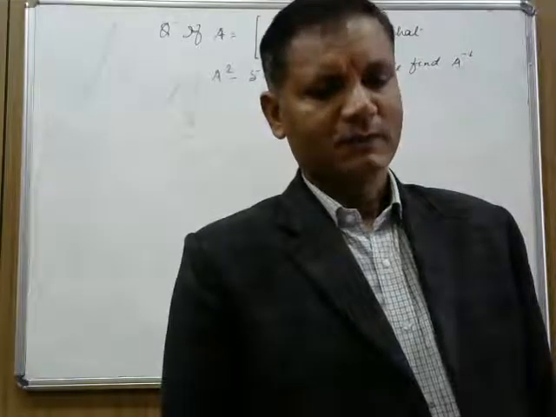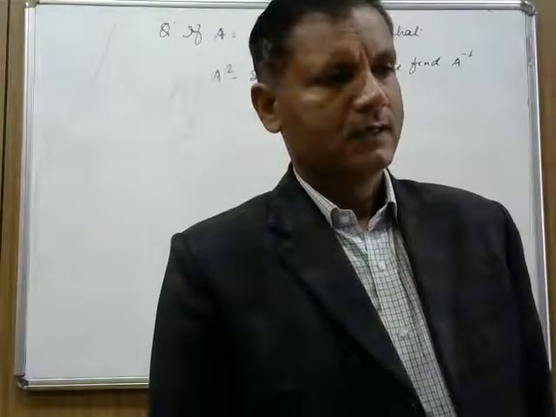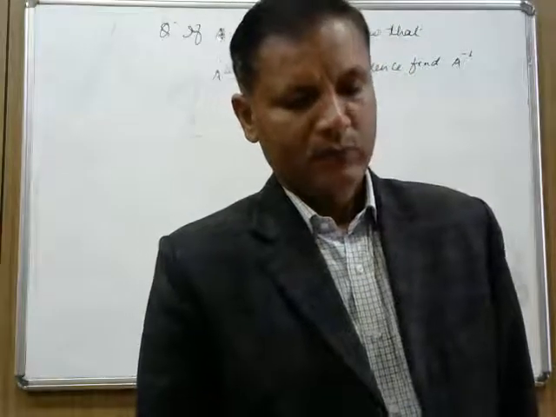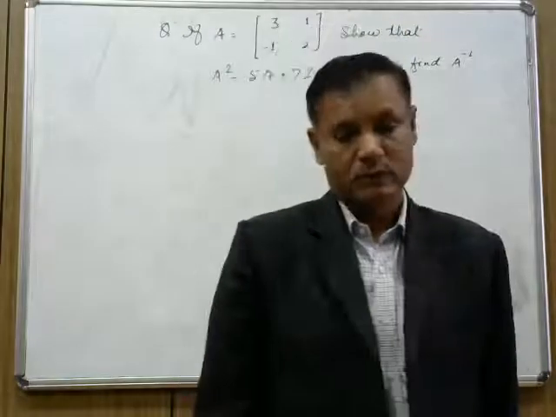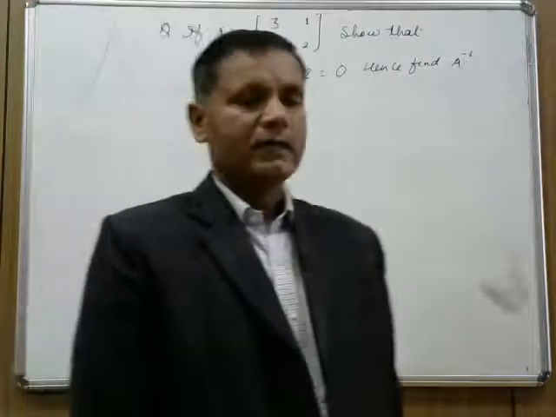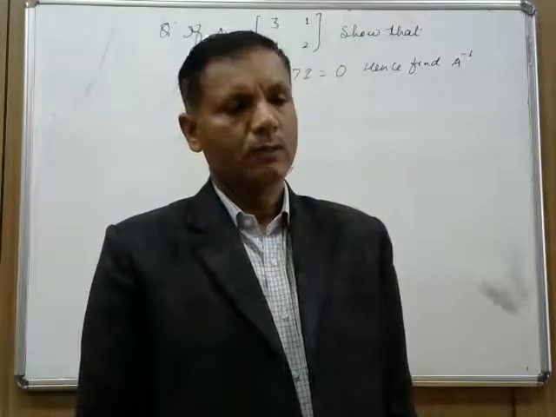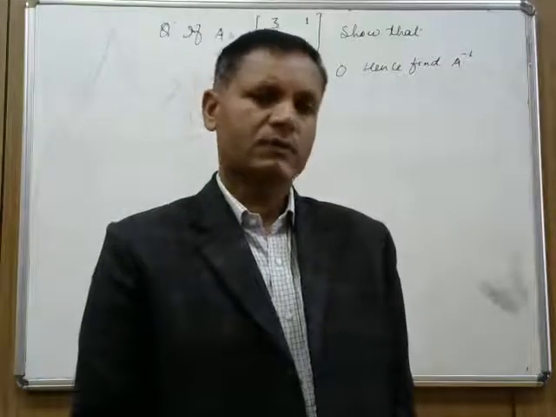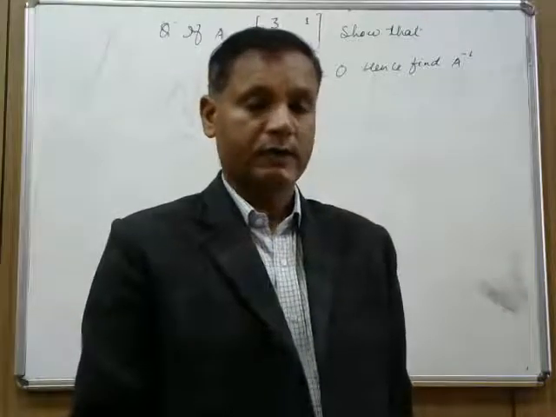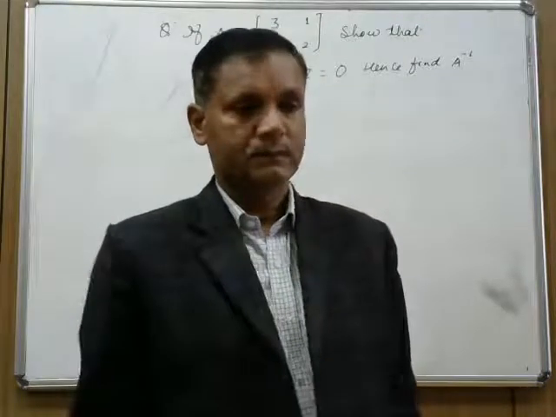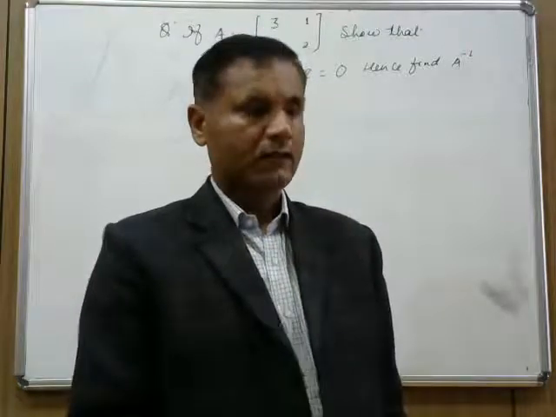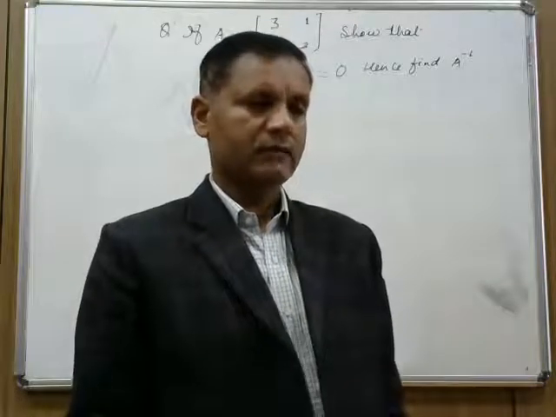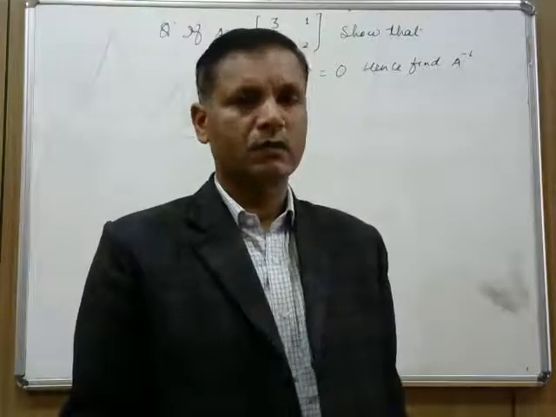Right? So now in the previous questions, I just explained how to find out the A inverse. But we can find out the inverse by another way also. There is one called elementary row operations or elementary column transformation. That means elementary transformation of the row or column. That is one way. That is in chapter 3. Right? Another way which I have discussed just before this question, to find out the A inverse. That means A inverse is equal to the adjoint of A upon the determinant of A.